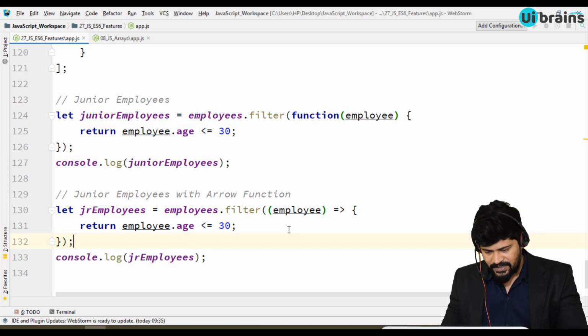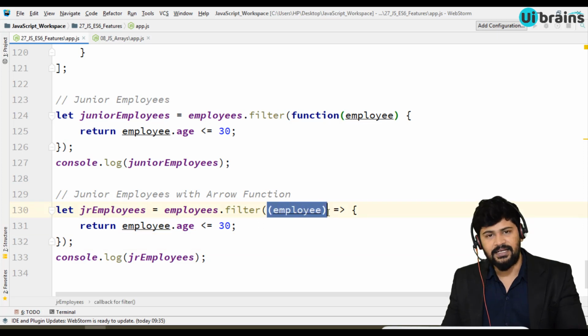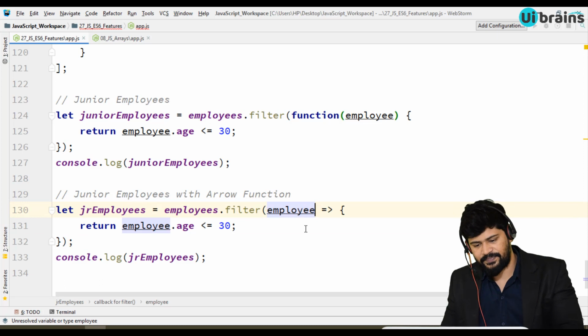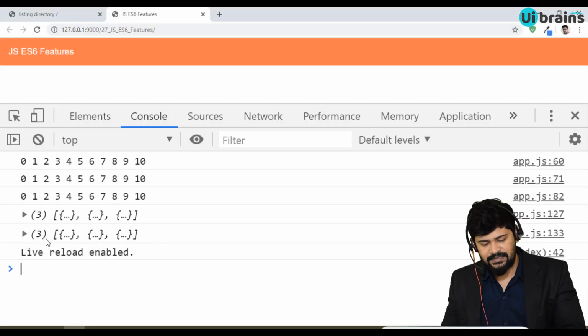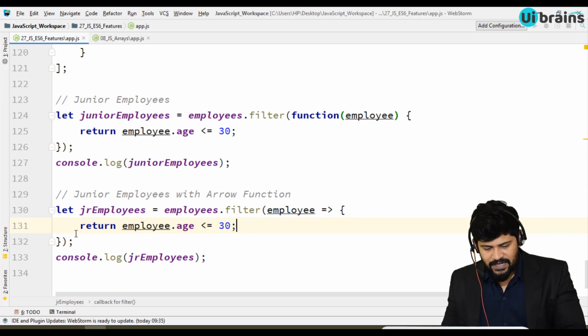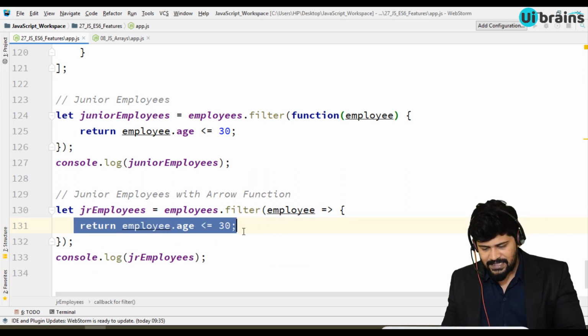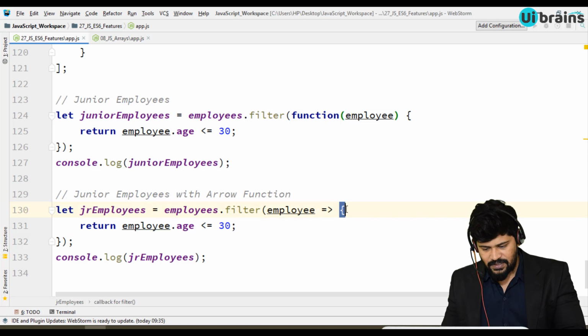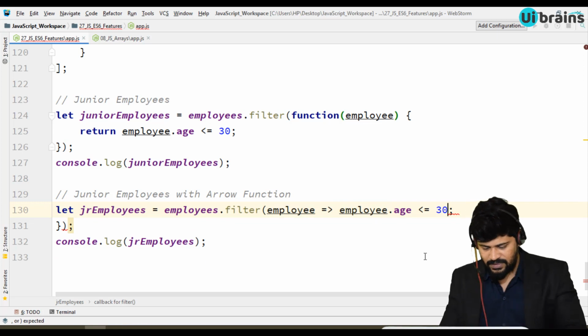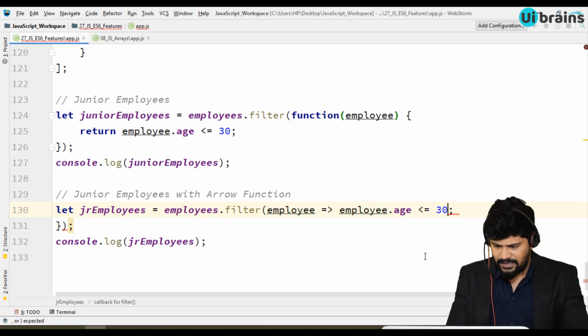The thing is, if you have only one parameter, then you don't need to write the parentheses. It is still perfect. Okay, even if you have only one condition just like this, you don't need to write the braces also, you can just delete them, and you don't need to write even the return statement also. You can just write this one.